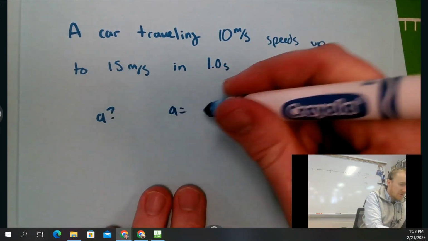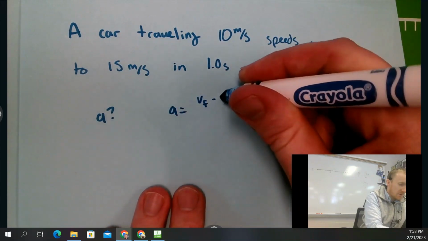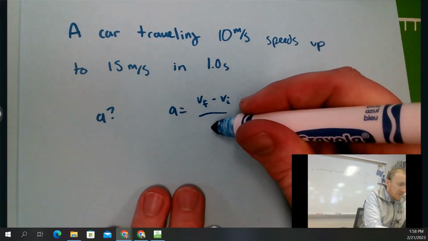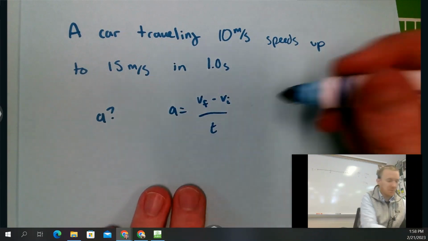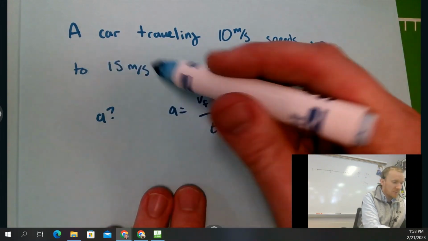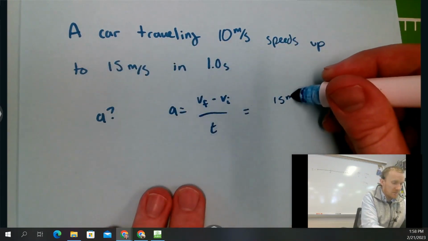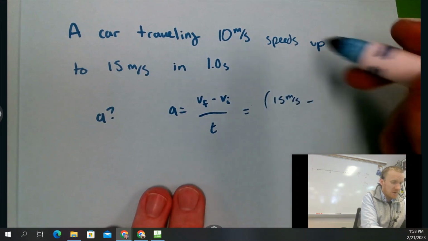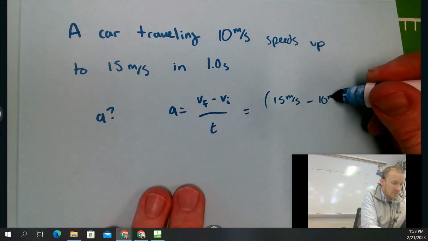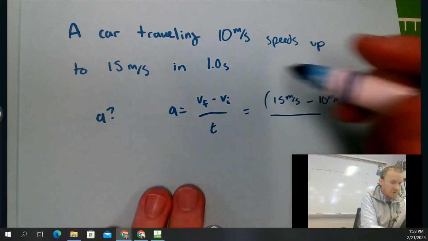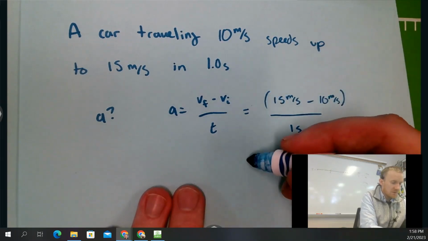Recall that your acceleration is going to be your change in velocity, right? So final velocity minus initial velocity over the amount of time. In this case, our final speed is 15 meters per second. The initial speed was 10 meters per second, and all this happens in 1 second. So to simplify that out,